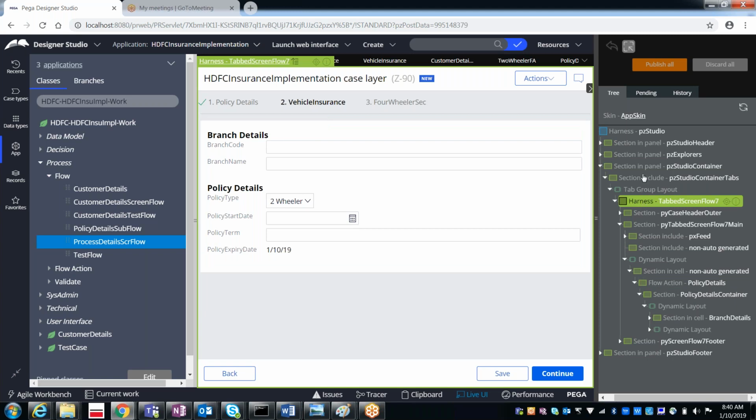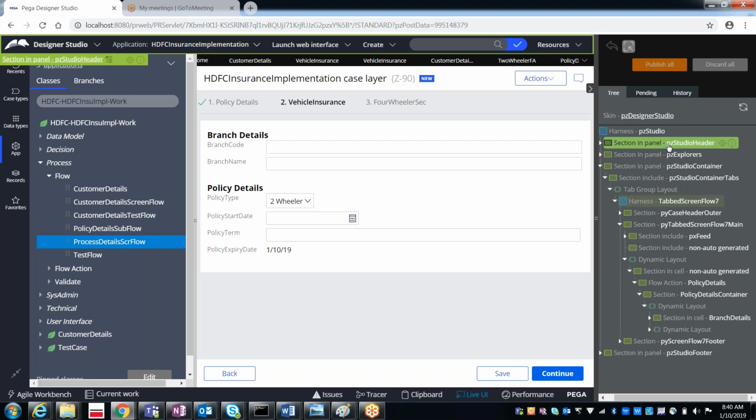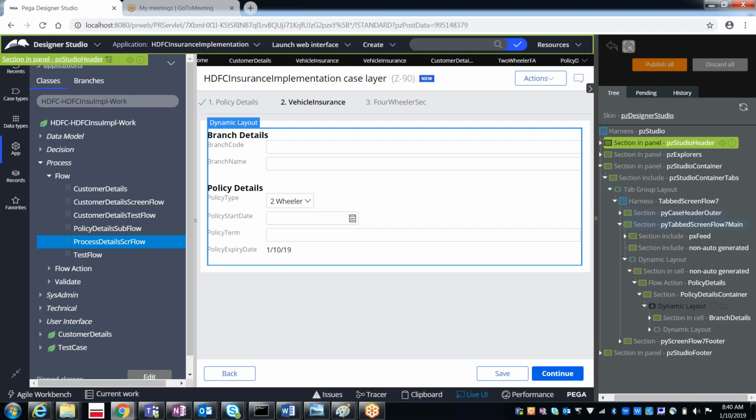And even this is under the PJ Studio. The complete portal is under the PJ Studio. And if you select this, this is the PJ Studio header. That means all our menus and everything are under the PJ Studio header.